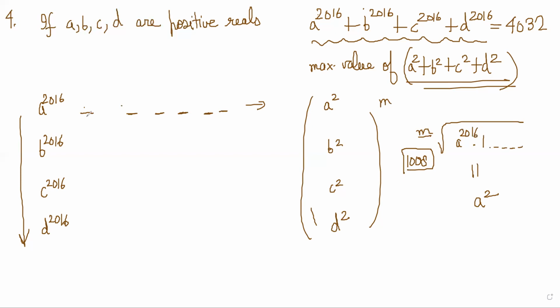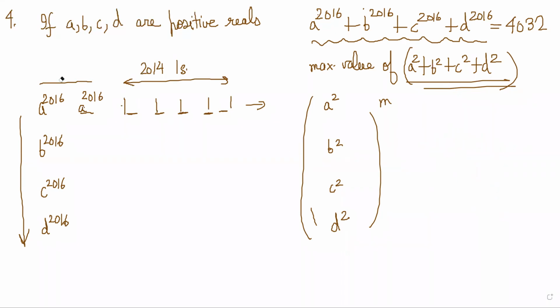Correct. However, I can also do this. If I take A as 2016 and take 2016 terms, so these are 2014 ones, and these are 2 terms which are 2016. So in that case, what I will get is, I will multiply each of these terms on the row part, and it will be A power 4032 into 1 and so on, and root of 2016, right? Because they are 2016 terms. So that will become A square, right? So that is one way to handle this.